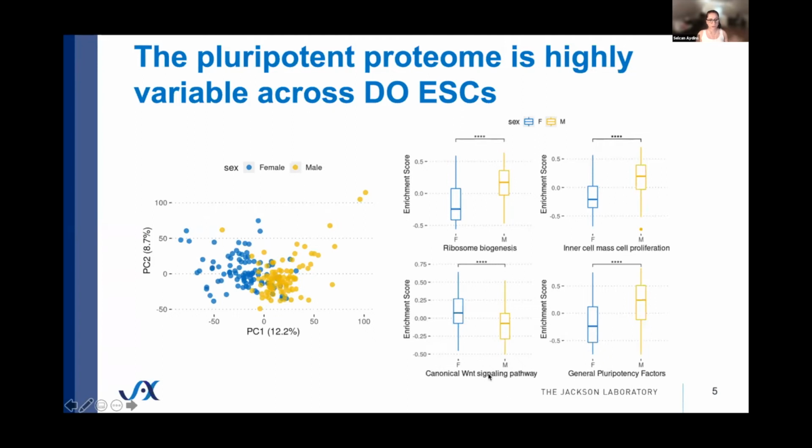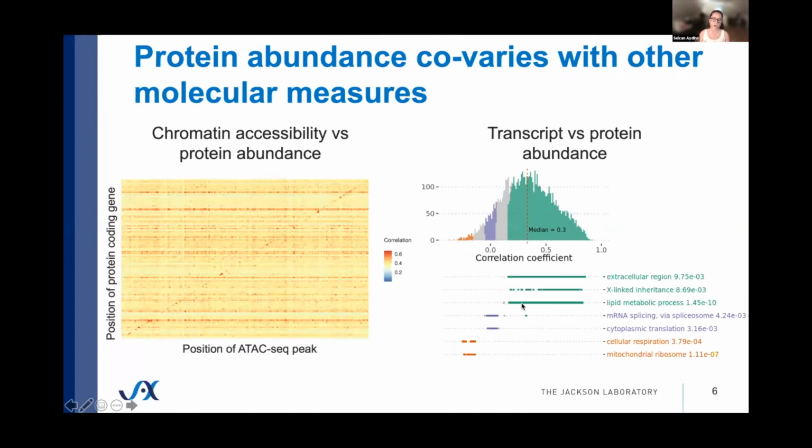In addition to seeing all of this variation at the proteome level, we also compared the protein abundances to chromatin accessibility and transcript abundance, and saw that there is a lot of co-variation happening. So on the left, I'm showing you the correlation across ATAC peaks, so the accessibility of the chromatin regions, and protein abundances. And on the diagonal, we see a high amount of correlation, meaning that most of the genes are highly correlated to the ATAC peaks. So most of the protein abundances of genes are highly correlated to the ATAC peaks right next to each other,